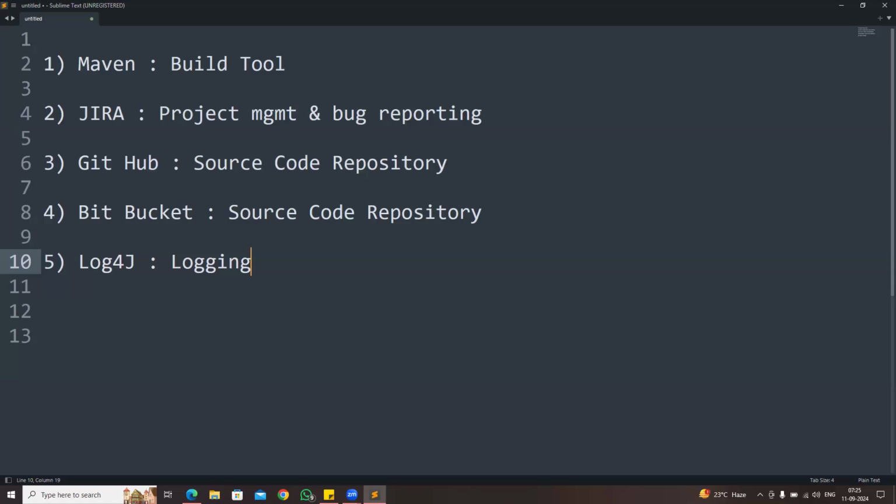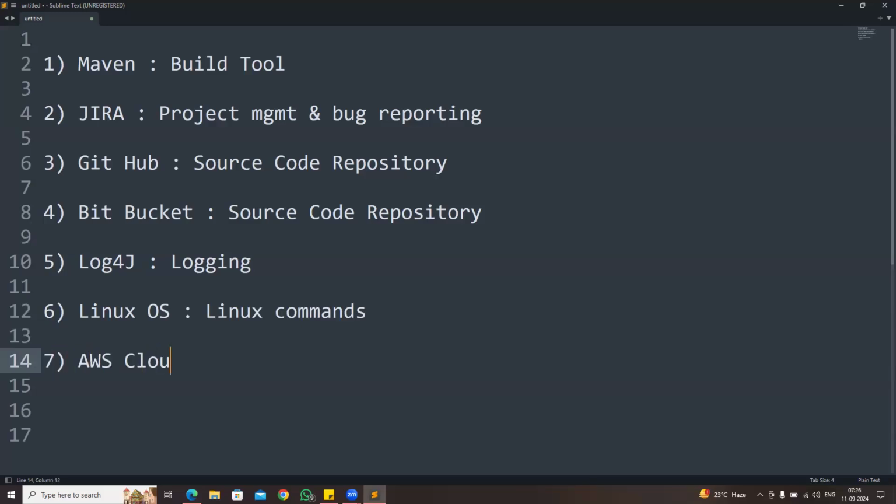It is used to store our application execution details to a file. So what is the runtime behavior of the application? What are the problems available in the application? All that information we are going to store into the log file by using this Log4j concept. Then along with this, we also discussed about Linux OS and Linux commands, and we also discussed about AWS cloud,